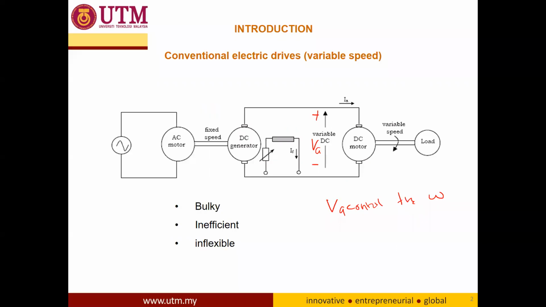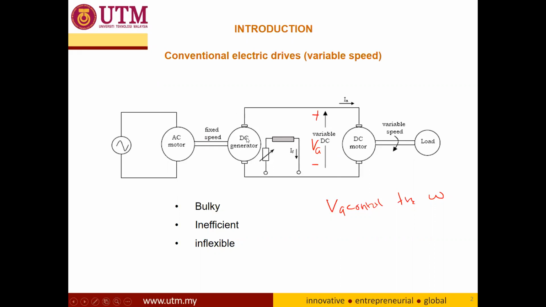This is the lesson for DC drive using chopper, or what we know as a DC to DC converter. This is the typical, conventional block diagram on how we control the speed of the DC motor. As we already know, the speed of the DC motor is controlled by the DC input voltage of this motor, and in order to get a variable DC voltage input from an AC source, this is the system where the AC motor is coupled with the